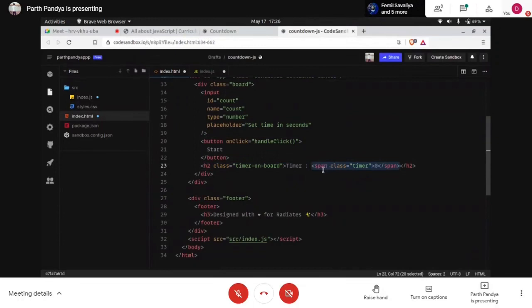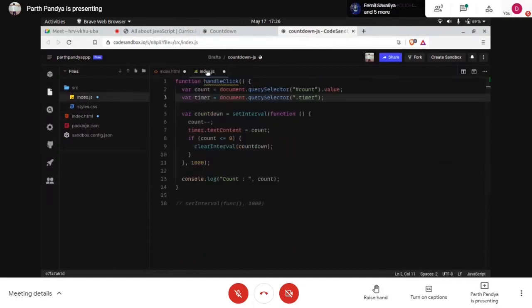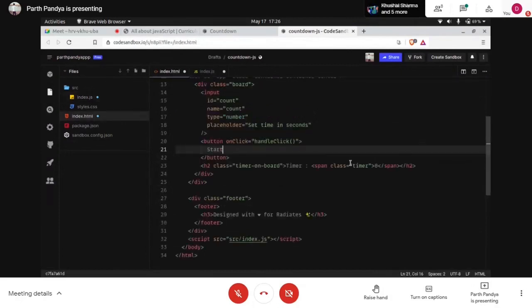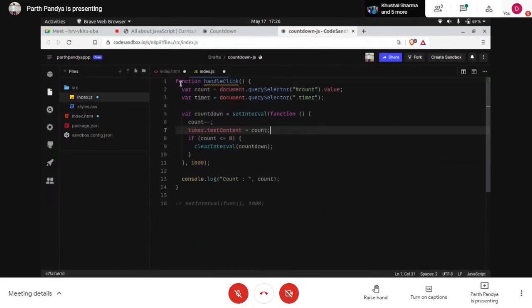Span is actually a non-semantic HTML tag which adds no value to the content enclosed in it, and it only encloses content. So we can use it anywhere where we don't want any meaning to be added to the content, and we want that some script should be run to manipulate that particular value using JavaScript, for example. So we are creating an instance of this span area, and we are creating an instance for that input area.